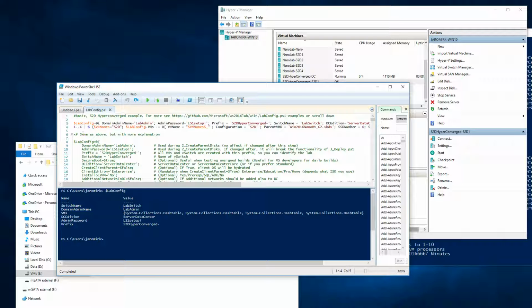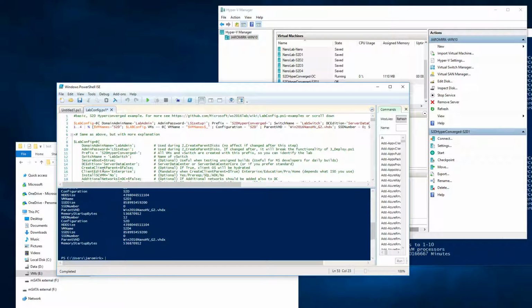What can be changed, for example, is the prefix, and this is what I usually change, and also, for example, the VMs. In here you can see that there is 1 to 4 and then some ugly portion of the script. But if you choose to have, instead of 4, 100 machines, it's super easy to change. It's just an ugly way to write some configuration. And if you just take a look at what's in the lab config VMs,